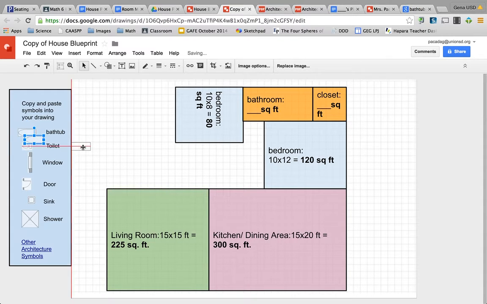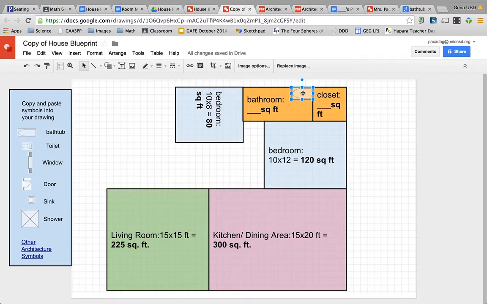So now I have a copy of this. Now I can go and I can place it in my bathroom. Now what I want you to do is I want you to look up the sizes of tubs and make sure that you have the size of your tub matches the size tub that you actually really want. I'm just going to click and drag it in like that,